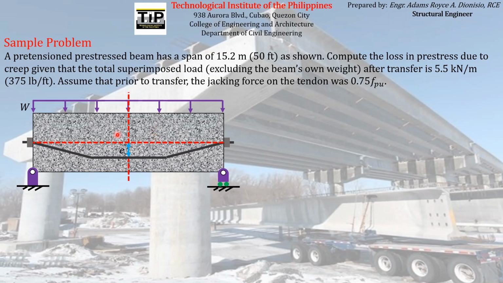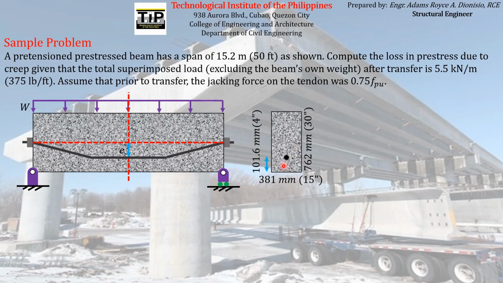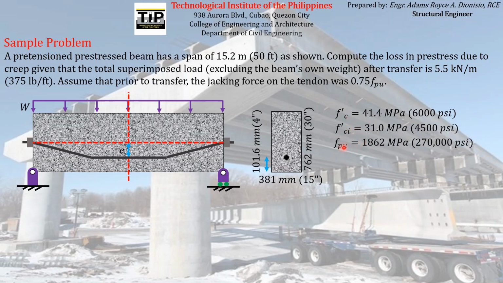Other information about the concrete is the section at midspan, which is actually similar to this, with dimensions equal to this, and the distance of the pre-stressing reinforcement to the bottom is equal to this. And then other parameters given are the compressive strength, the initial compressive strength at transfer, the ultimate strength of the pre-stressing reinforcement, and